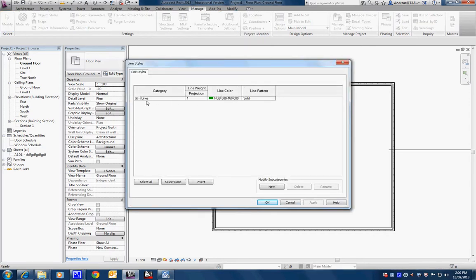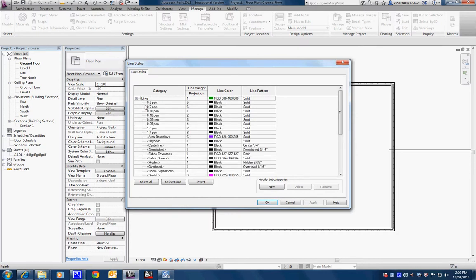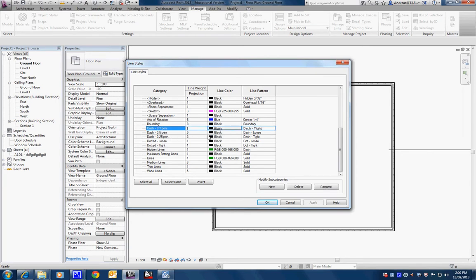Right, so under line styles, we'll expand this. And so here it says, okay, so it's got a certain amount of lines that are already defined in here, but you can define your own as well. I've done that before. All right, and you probably want to define your own line, especially if your model is likely to be copied and imported into something else. So if you use that dash there, and you wanted yours to look the same,